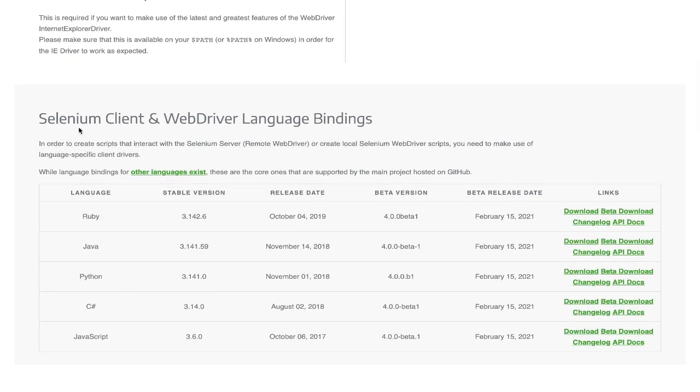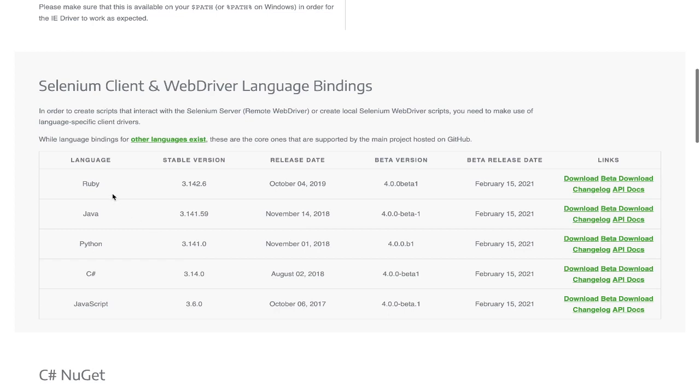Here you can see Selenium client and WebDriver language bindings. You can see different languages: Ruby, Java, Python, C#, JavaScript, and the download versions. All the details you can also find here. So that's all about Selenium client libraries or language bindings.